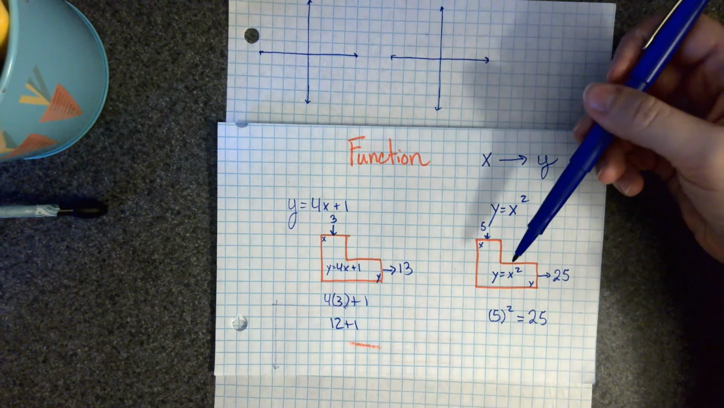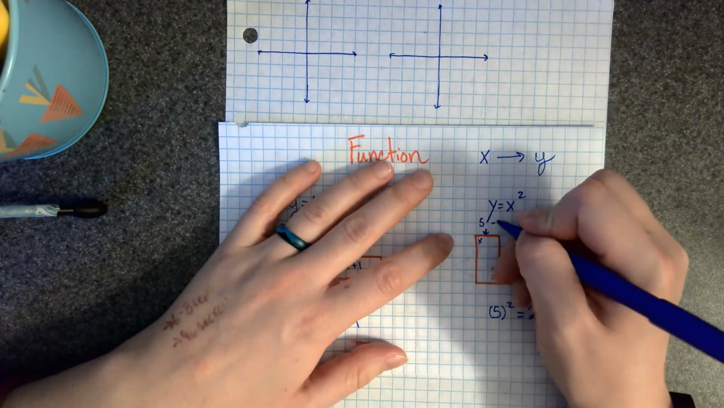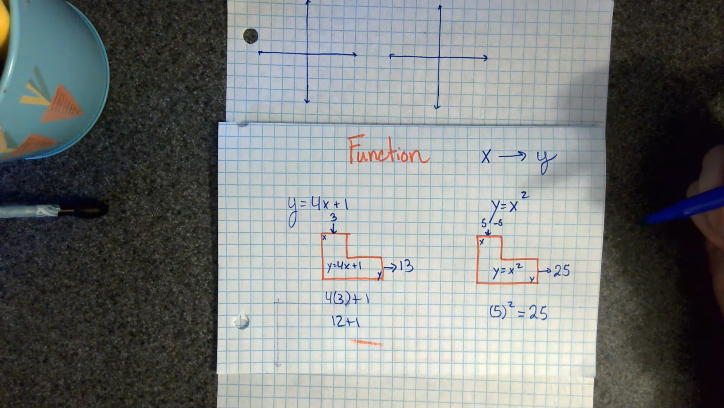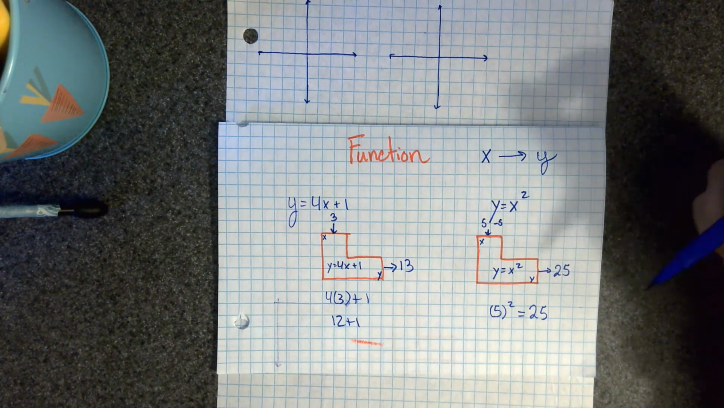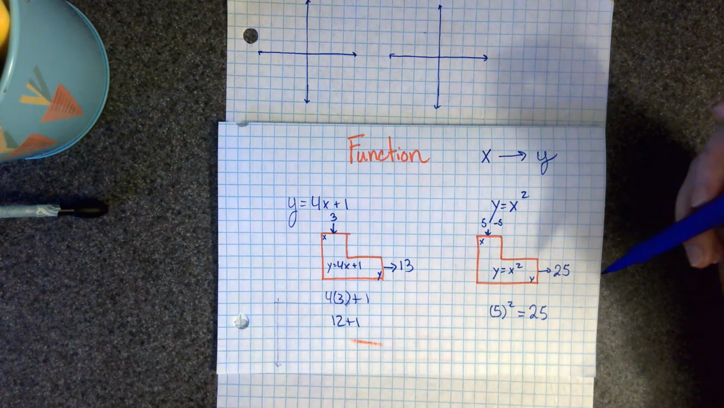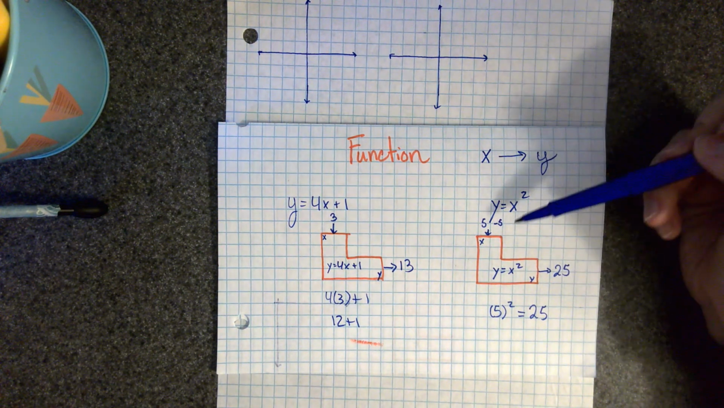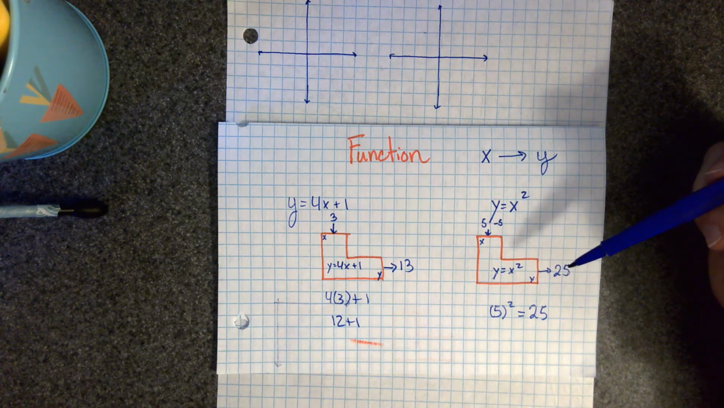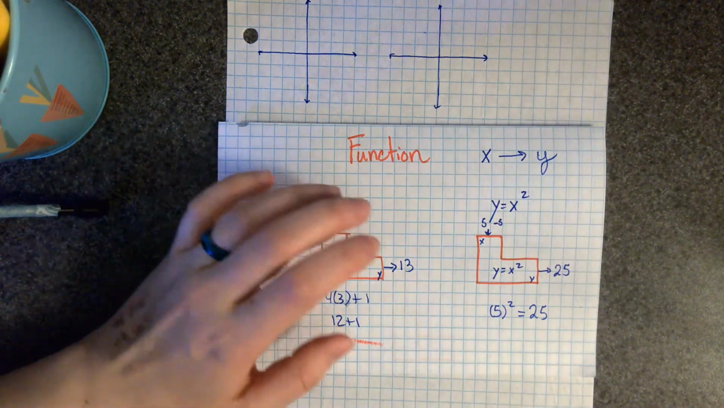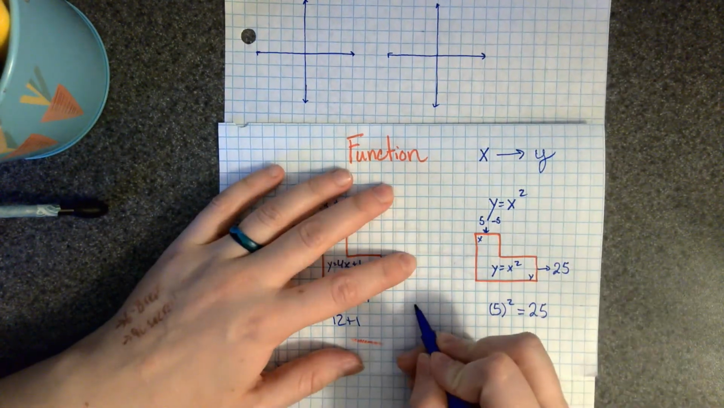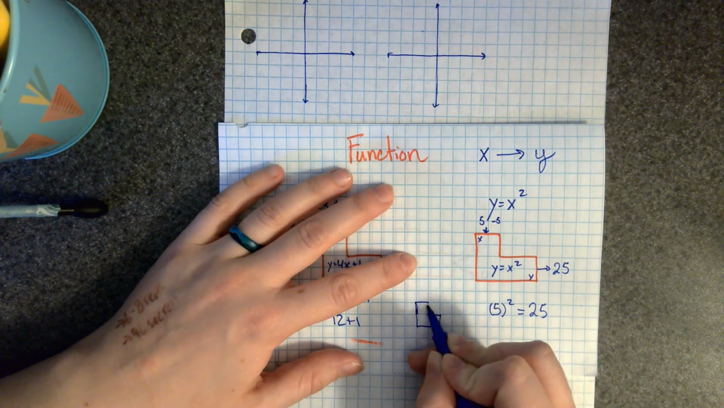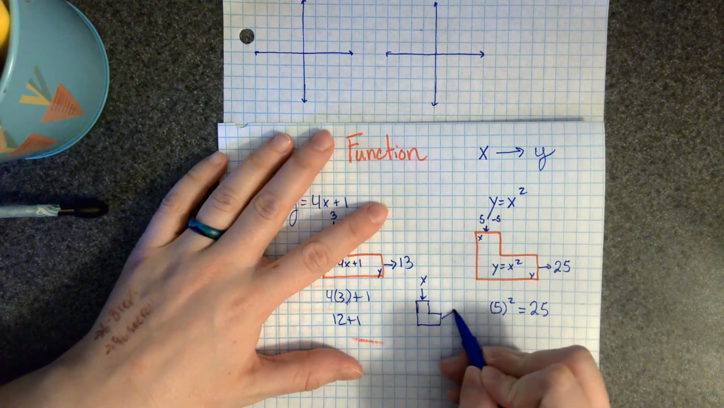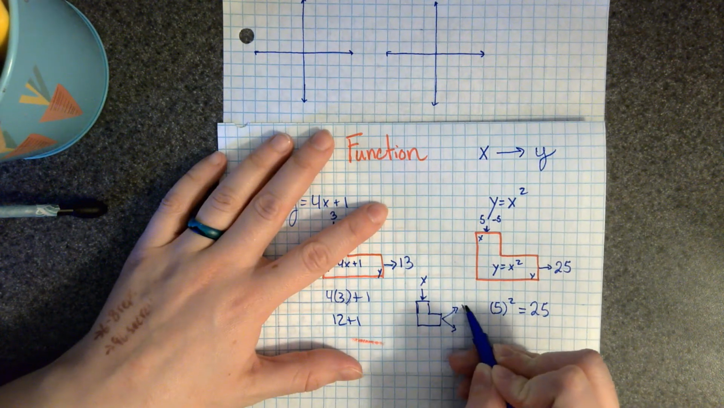Now the cool thing about x squareds is if I stuck in a negative 5, I would also get 25 out. It's kind of cool because a negative times a negative makes a positive. But because each x value has a single y value, it's still a function. Now what's not a function is if I stick in, so we'll draw a really quick one, the little function machine. If I stick an x in and then 2 y's come out,